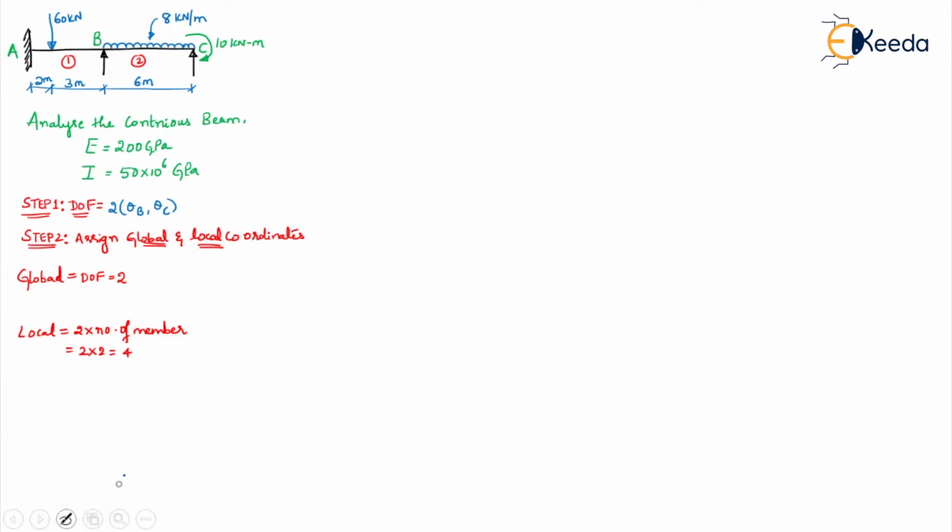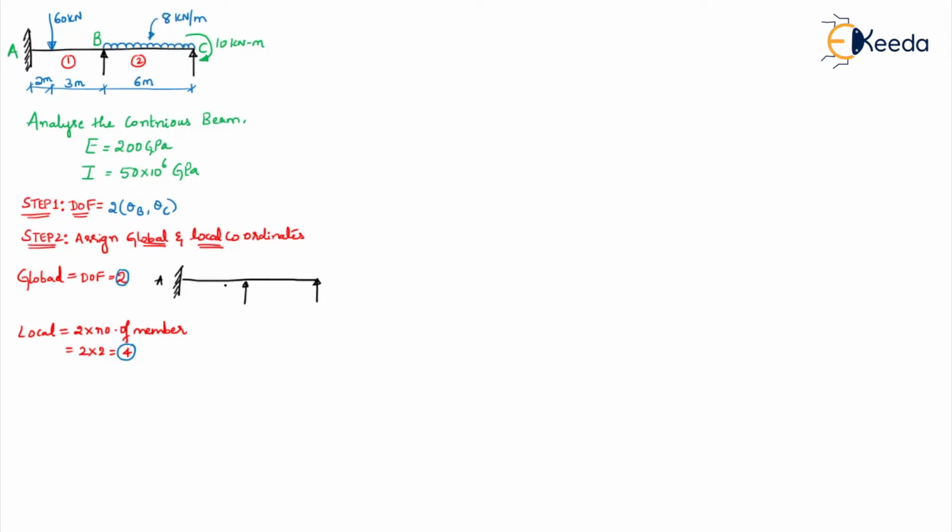There will be 4 local coordinates and 2 global coordinates. So let us see how the coordinates will look. Here this is a fixed portion, and this part is a simple support and this part is a simple support.